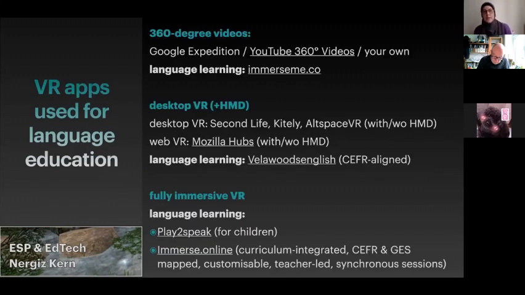Now, specific examples, 360-degree videos. What is very popular is Google Expedition. There are lots of videos that you can just use of different famous places around the world, or any kinds of places really. And teachers or students can also create their own videos. For example, if you wanted to show your street or your city where you live, and then share this with others who can then visit that street. Google Expedition is still around, but part of it will be expired, but there are similar tools.